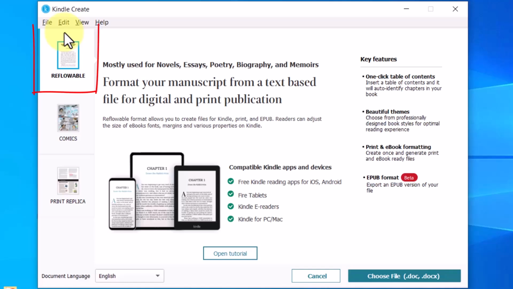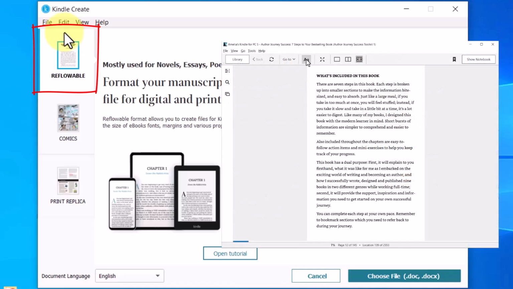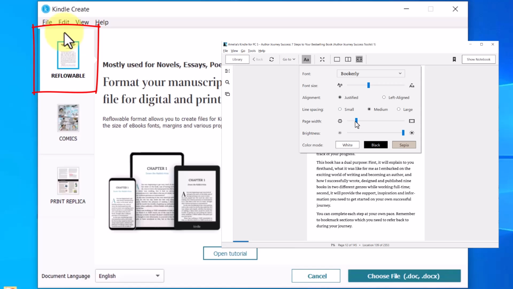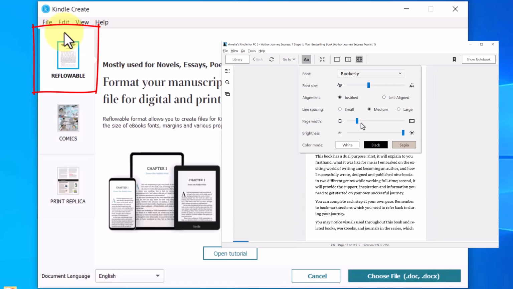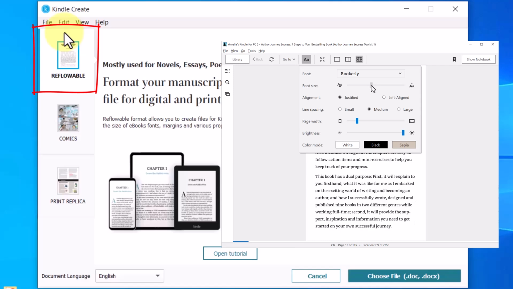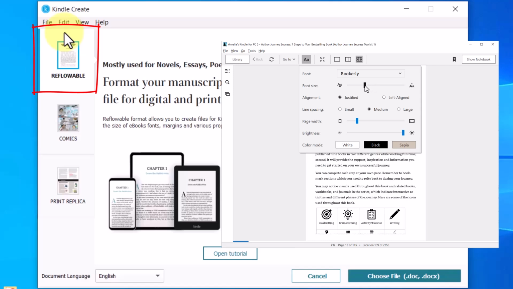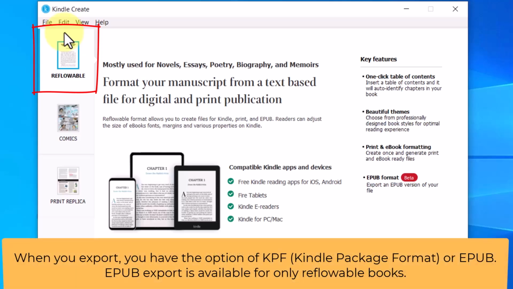So the reflowable option resizes text so that pages adjust automatically on Kindle devices and free Kindle reading applications. Readers can adjust the size of fonts, margins, and other properties. This option is best for manuscripts with all text or mostly text. If you select reflowable, the next step will be to choose your file, which can either be a doc or